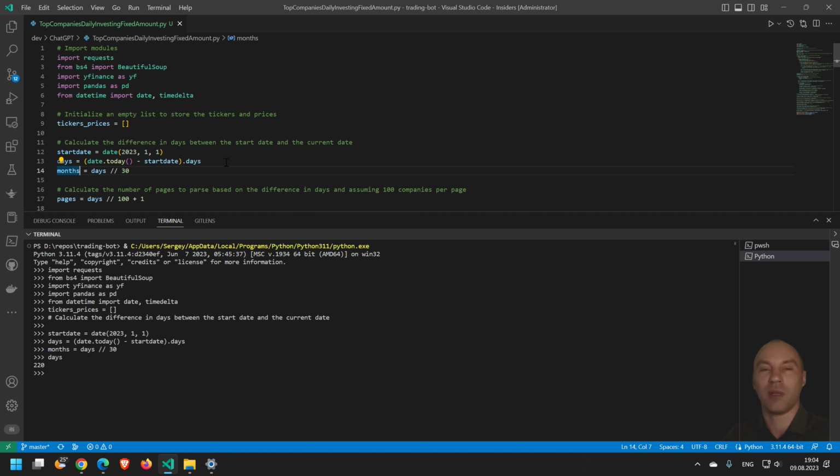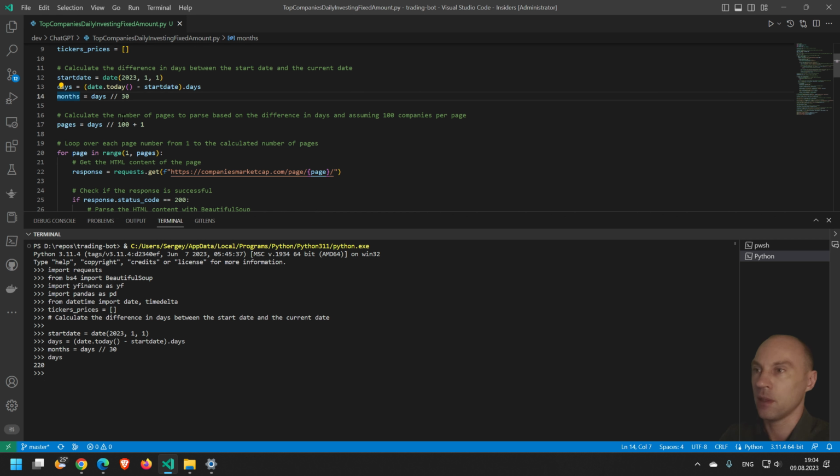When you just buy $10 worth of stock, it's easy to predict. You calculate how many days the market is open during the month, and it's usually like 21, 22 days. Maybe a maximum of 25, but you get the idea. You don't need more than $250 per month for this strategy. And let's move on. And pages we need, because on the website where we'll be grabbing info from, there are